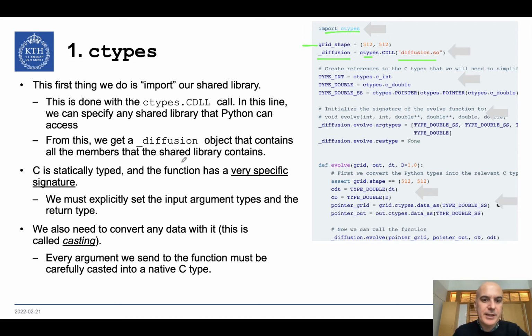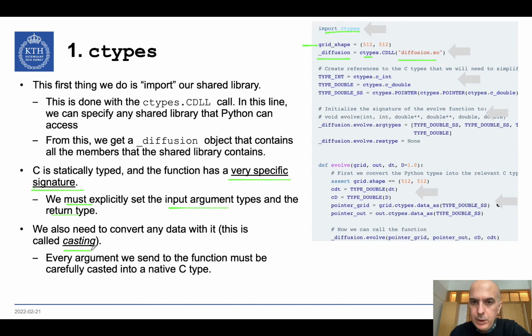So we need to specify the type of the arguments and the output of the function. We must explicitly set the input argument types and the return type, right? Because we need to follow a very specific signature. Another important point is that we need to convert any data to some C type. This conversion is also called casting. So every argument that we send to the function of our library must be carefully cast into a native C